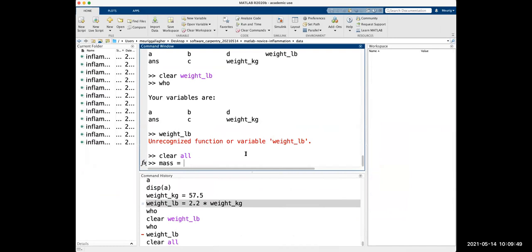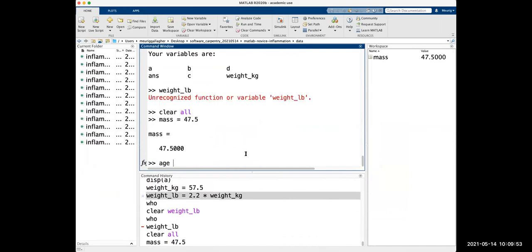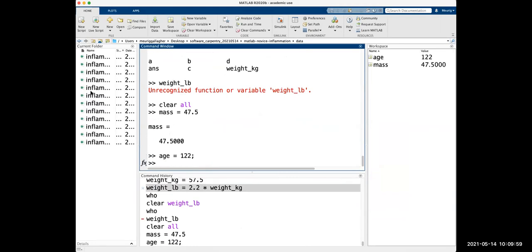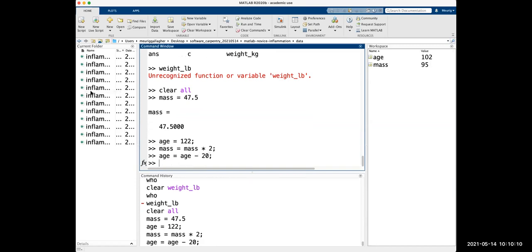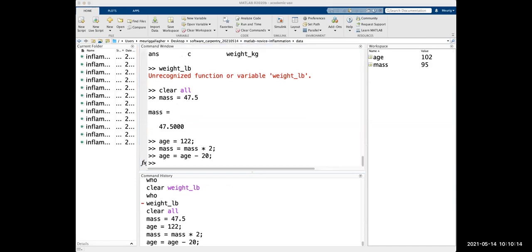47.5. Remember, you can always delete things if you make mistakes, like I've just done. Age equals 122. If we want to keep things nice and neat, remember we can use the semicolon, and then we can say mass equals mass times 2. And we can say age equals age minus 20. I've used the semicolons there that aren't in the documentation, but that's just to suppress output and keep it nice